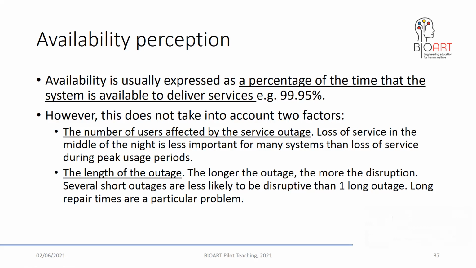But from the point of view of users and from the functioning of the system, it's not so, because the system was unavailable when most of the users were trying to work with this system at this period of time. So that's why be very careful about this moment when you use availability as an attribute to describe dependability of your system.